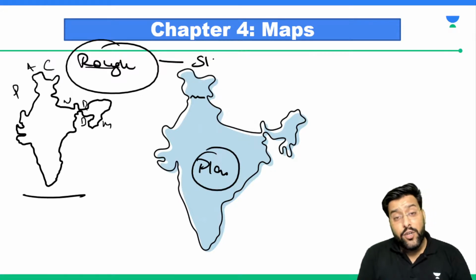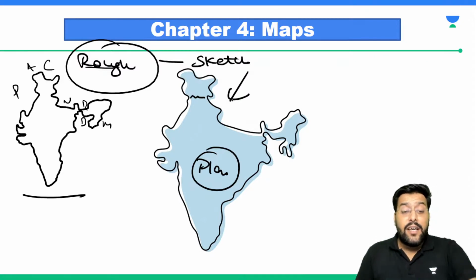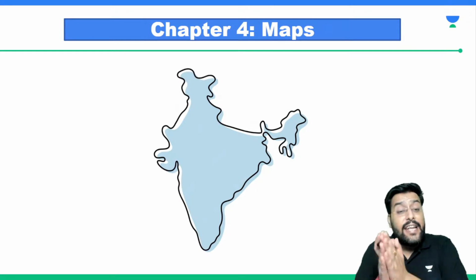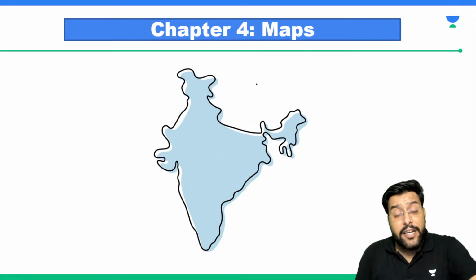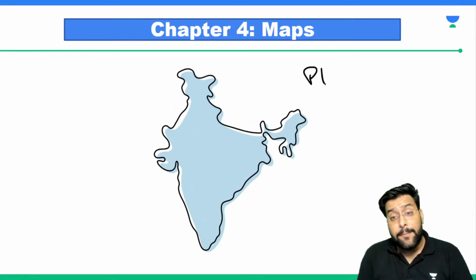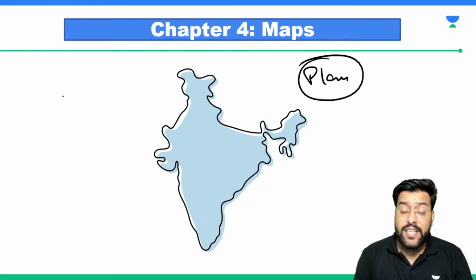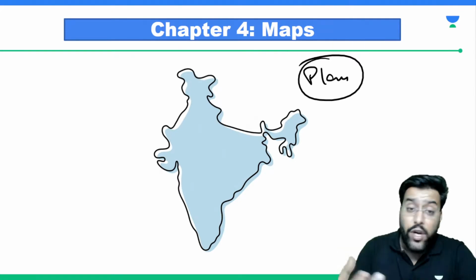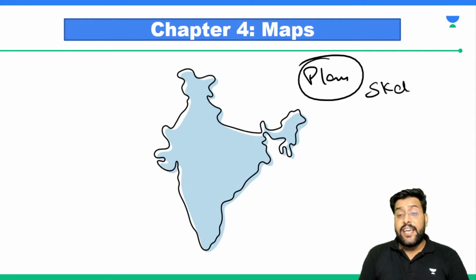So this is known as what? Sketch. When a sketch becomes more convenient to understand, when it has much more information, it is more refined than what we call a sketch. When we refine this sketch further, it becomes a plan. Are we following it? So we had a rough diagram that was sketched. When we refine that sketch in a better way, which can showcase more information, this becomes your plan. So that's the last difference here, sketch versus the plan.